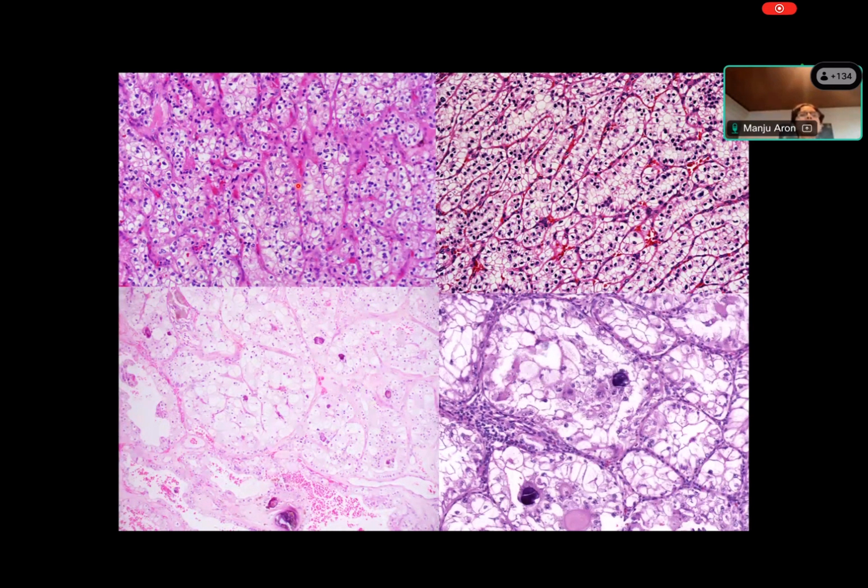Here you have these nests which are much more compact, and you can see this filigree-like framework of small sinusoidal capillaries. So this is more like a sinusoidal pattern, and here you have these expanded nests again, which are partially circumscribed by a capillary network.